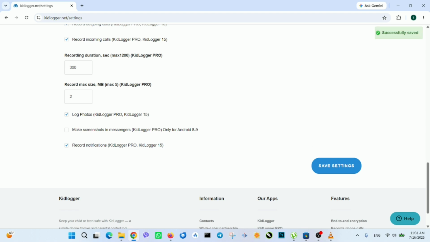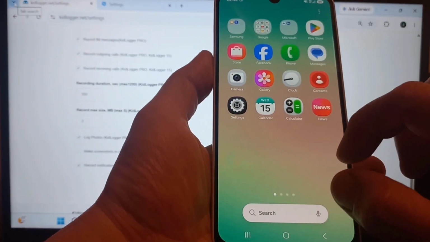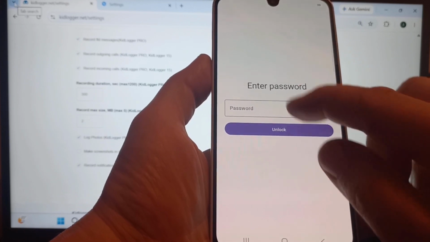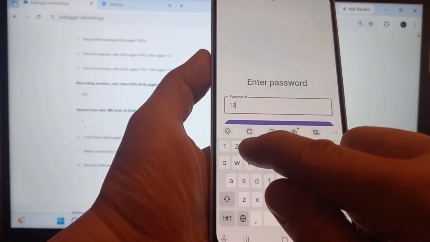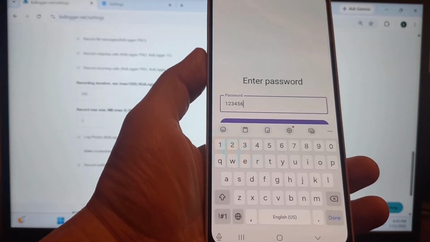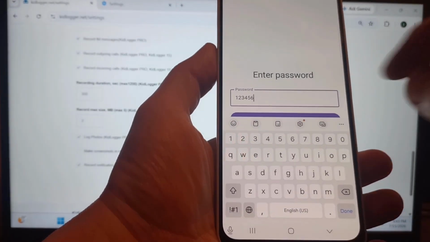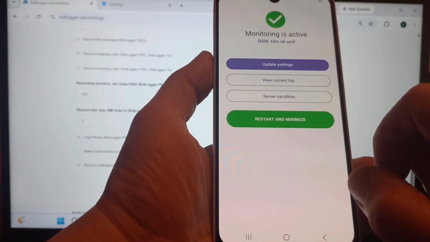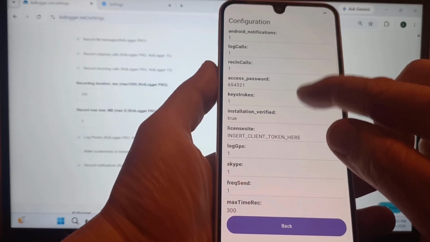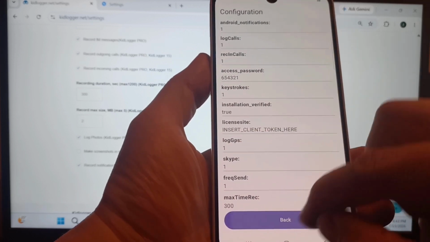Let's test it. If I enter the old PIN, it still works for a short time. But if I check the server variables, I can see the password is changed.